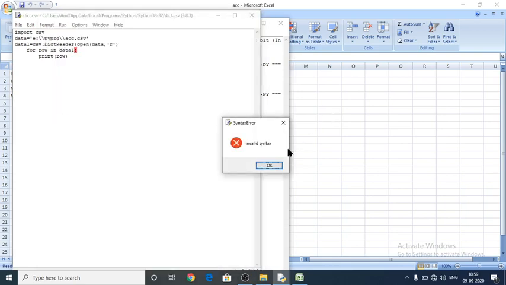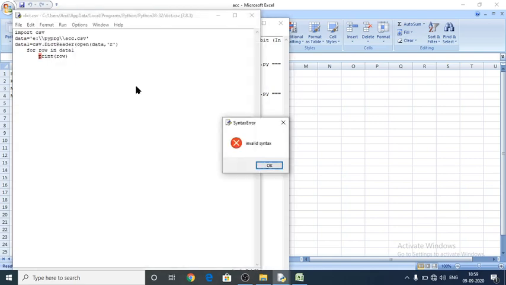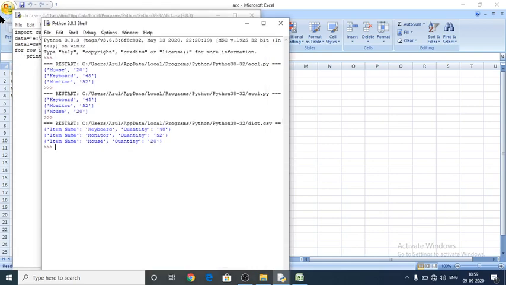Now we can get the output. Save your program first, and afterwards, yes, the CSV has been read and stored into a dictionary.